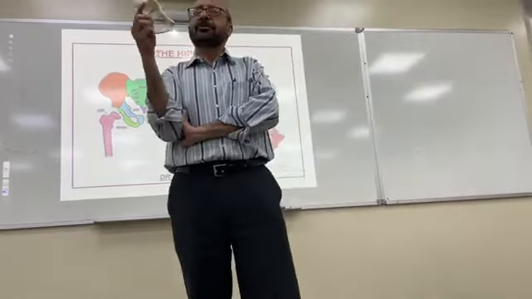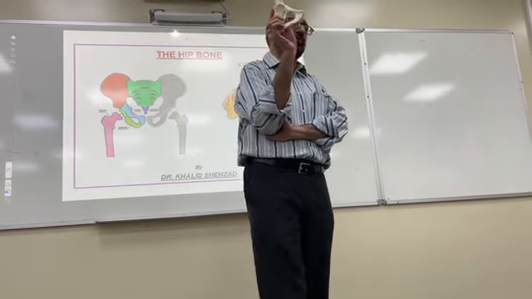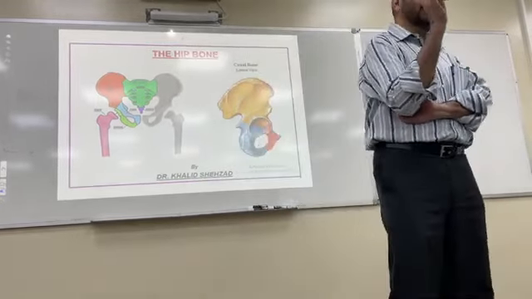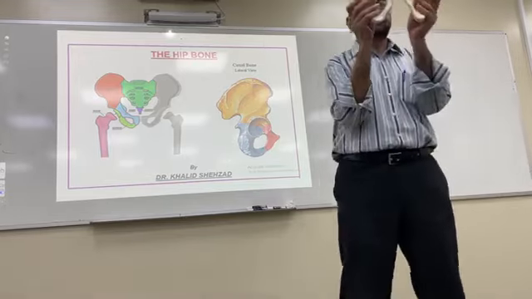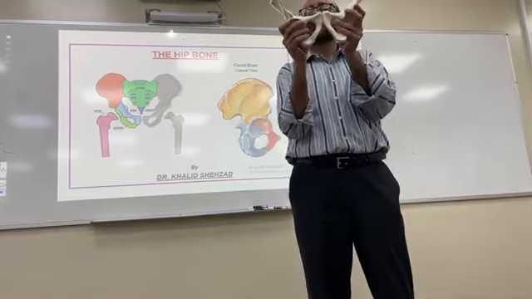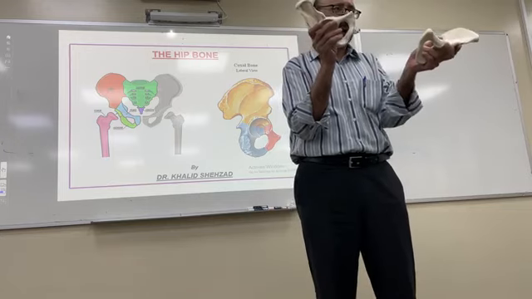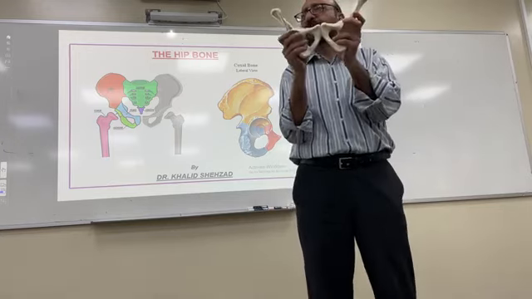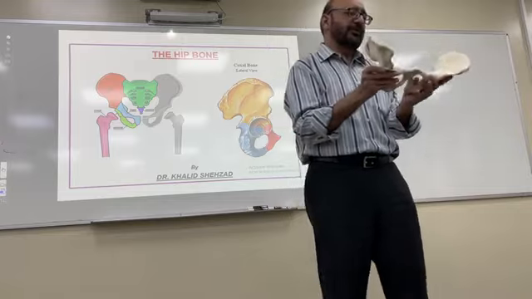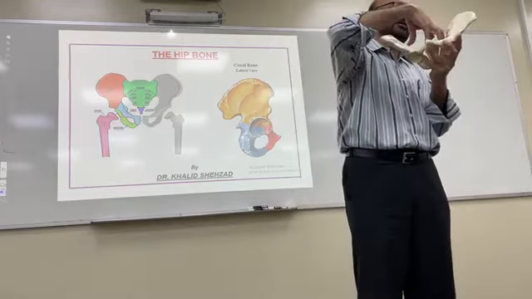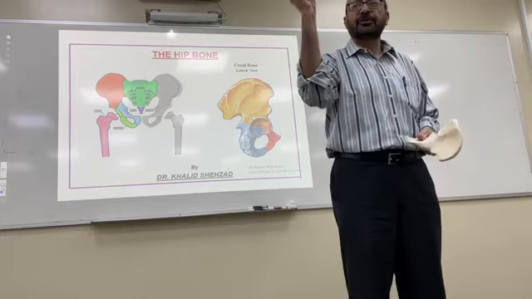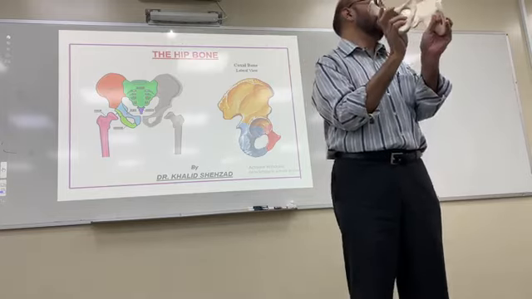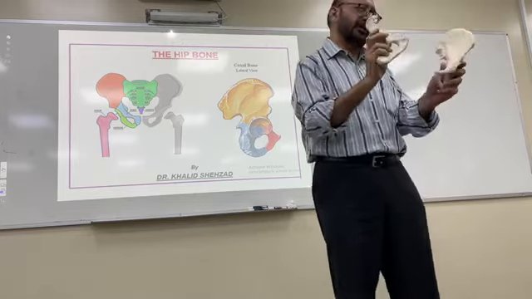If I have one hip bone, this is simply a hip bone or a nominate bone. Then if we have two bones together, this is known as hip girdle, not pelvis. Hip girdle or pelvic girdle. And if I put a sacrum and coccyx here again, then it is a bony pelvis. Okay, so hip bone, hip girdle, and a bony pelvis. So try to remember these things. Before we start here,